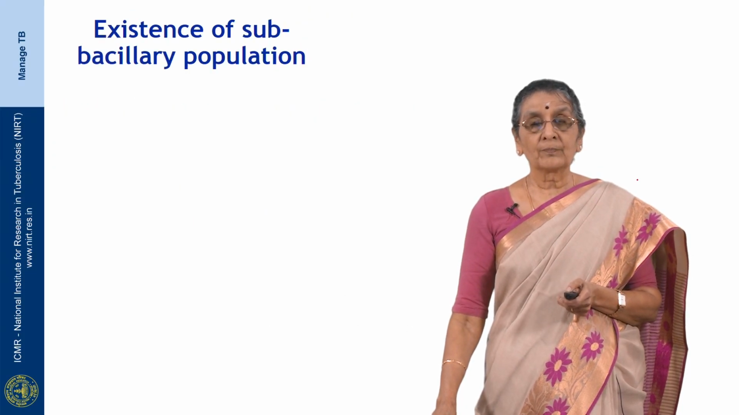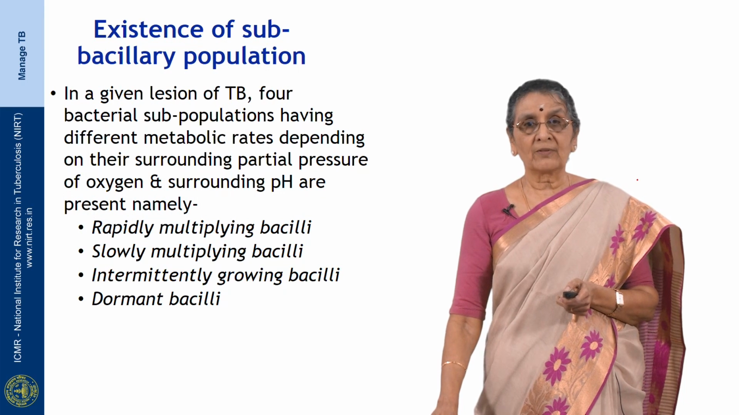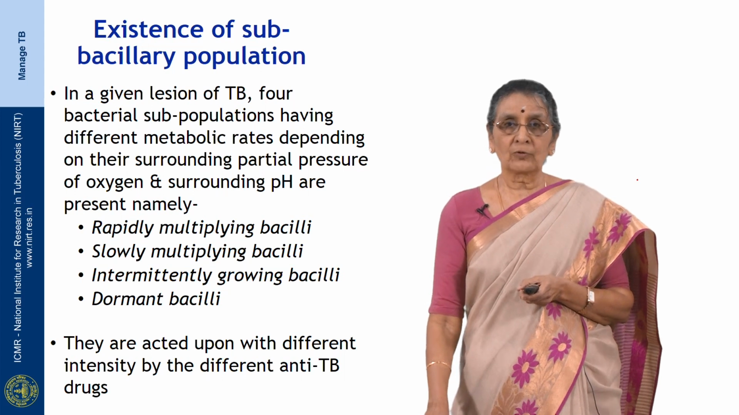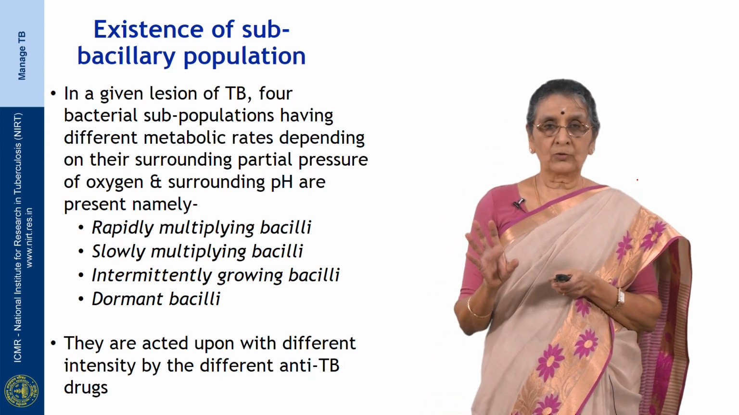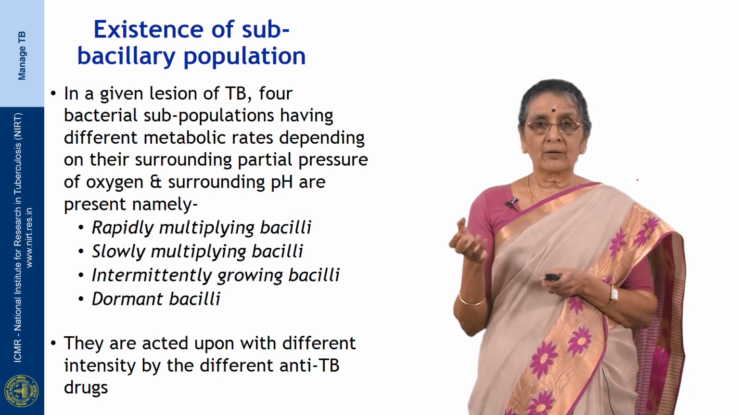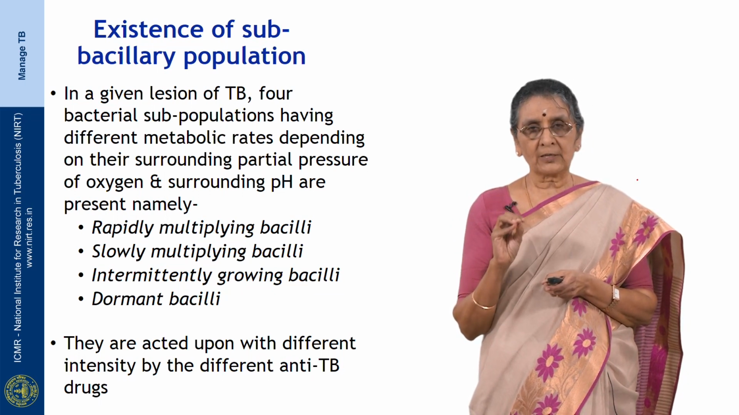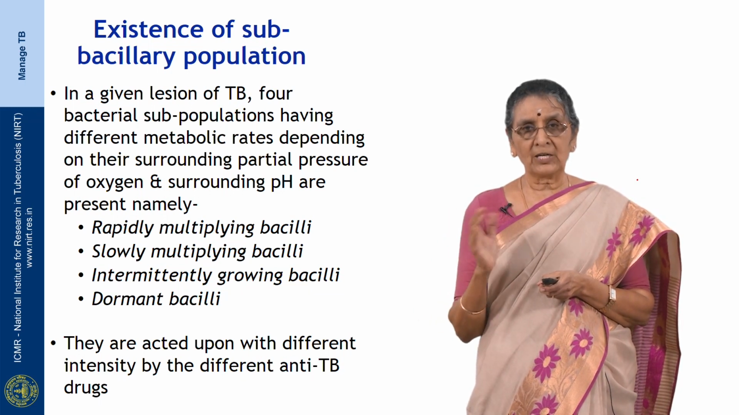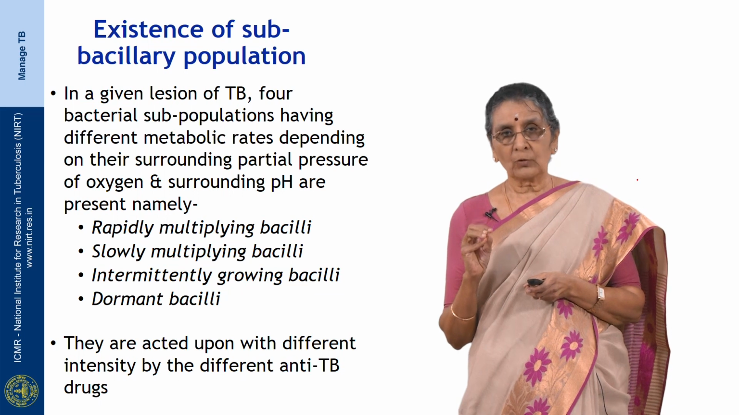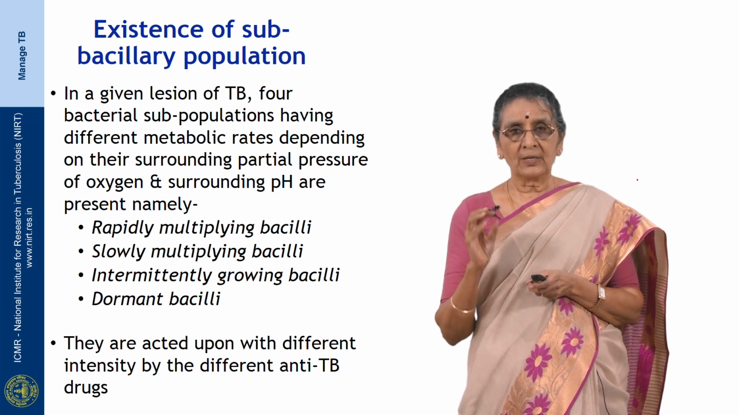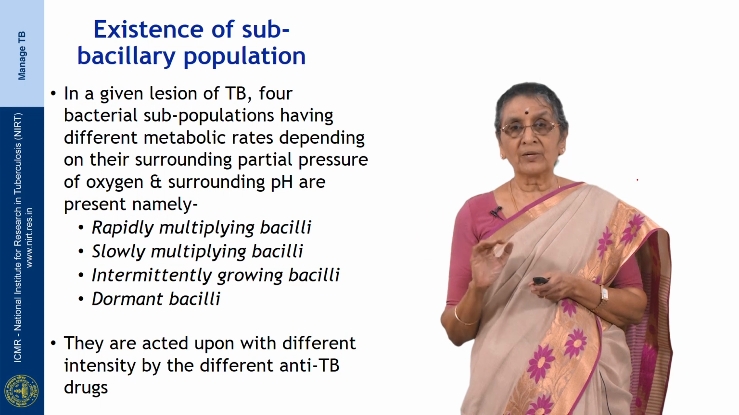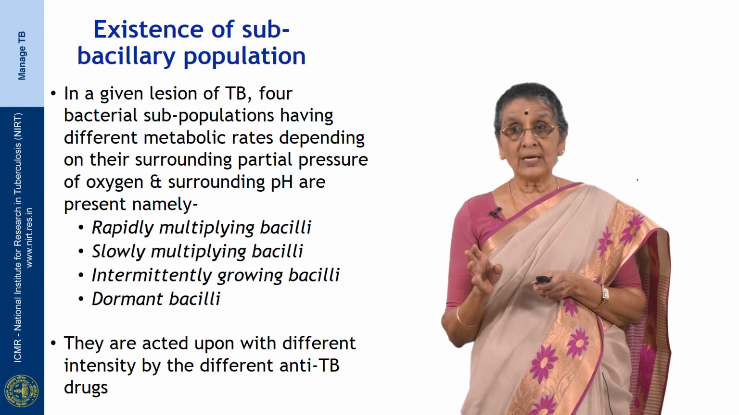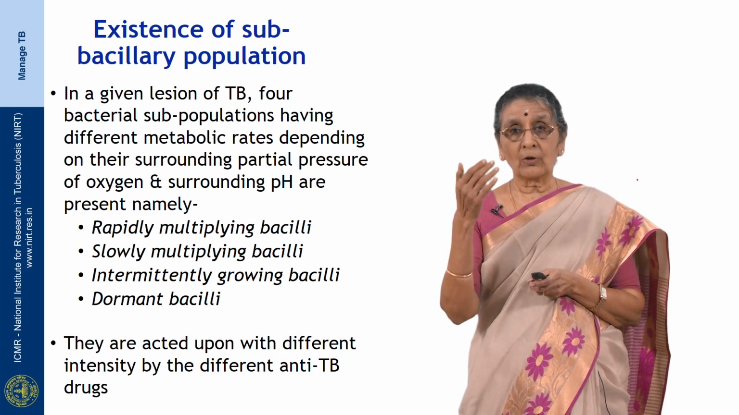Now we will come to the bacillary population. This is a very important slide. I need your attention. In a given lesion of tuberculosis, we have bacteria. We told you it will be in millions. But when you look at their metabolic activity and metabolic rates, the bacteria are not similar. Some are rapidly multiplying, some multiply very slowly, some intermittently in spurts they multiply, and some remain dormant. So we have 4 different groups of bacilli, and we need drugs that should act upon all these 4 groups